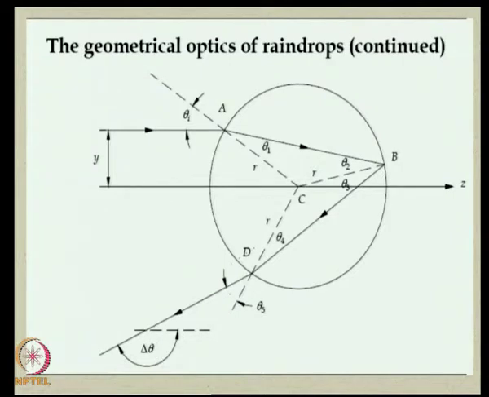So, for you to see the rainbow, the sun has to be behind you, and the angles have to be such that the ray on refraction undergoes total internal reflection until it goes out on this side. If the angles are not right, it may just refract out, and so the angles are very important in this observation of rainbows.